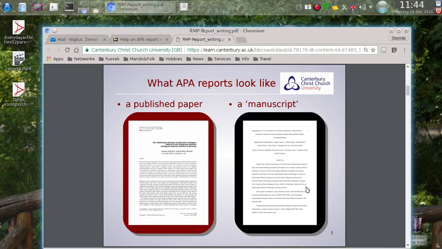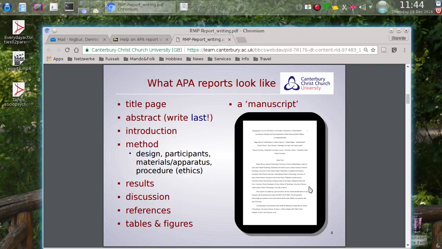So you can see this is mostly inspired still by the age of the typewriter, but it is quite simple, quite clear, and looks very professional. So you probably already know, because it's all over the textbooks, that an APA manuscript has several sections. There's a title page, an abstract, which we're going to get to last because it's normally what you write last,